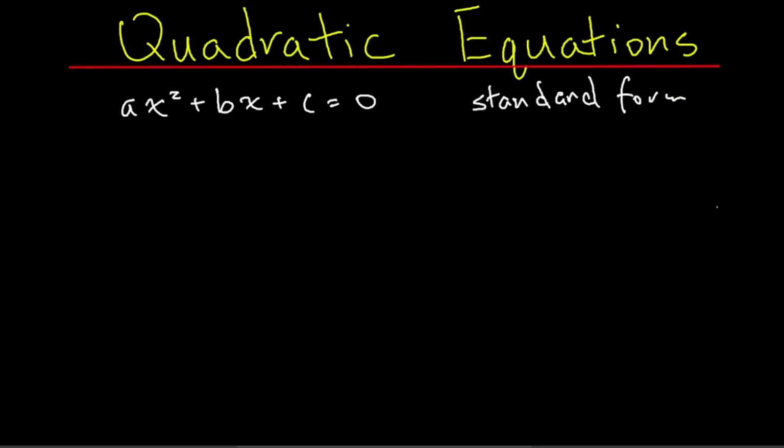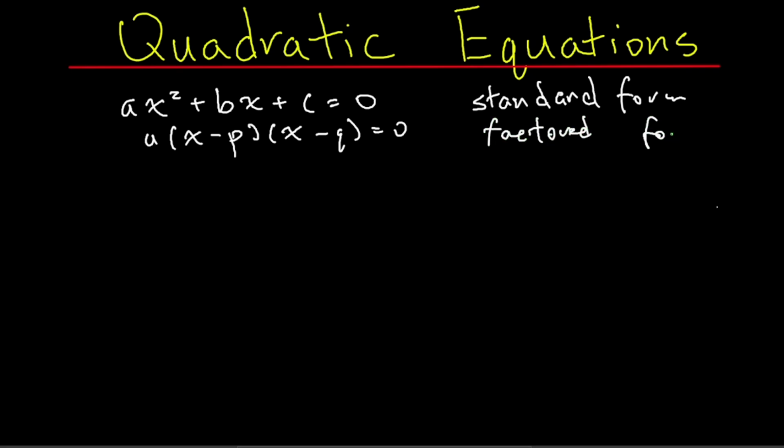polynomial notation. The second form is the factored form, where we have a times x minus p times x minus q equals 0. This is called the factored form. Now, this form has an advantage in that p, q are the roots. So it's very easy to see the roots or to find them if you have a quadratic equation in this